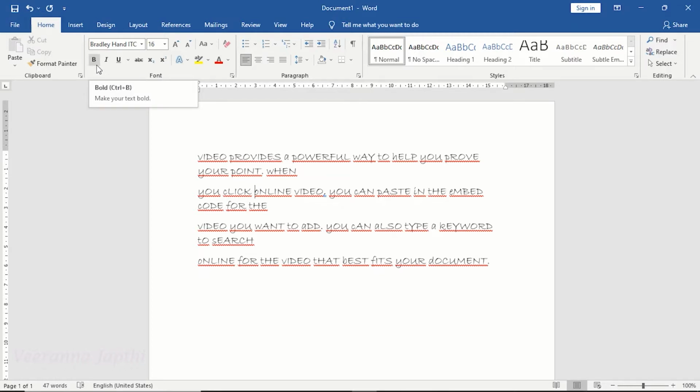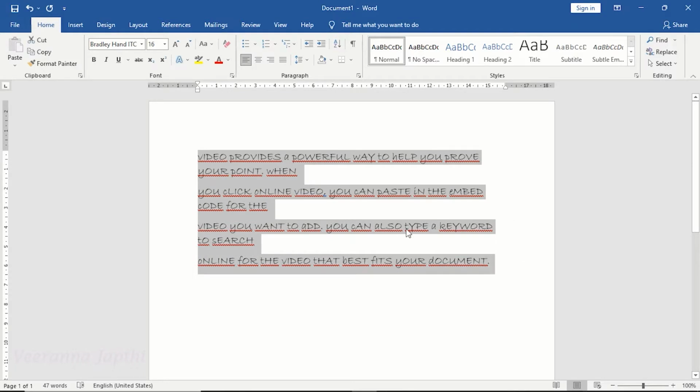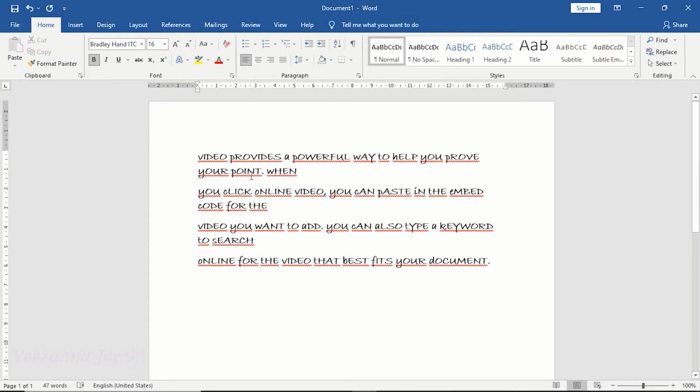Next, bold option. This option makes selected text into bold. Let us see example. Select the text, click on bold option, or you can use the shortcut key Ctrl+B. See the change, the selected text has been bold. Next option,